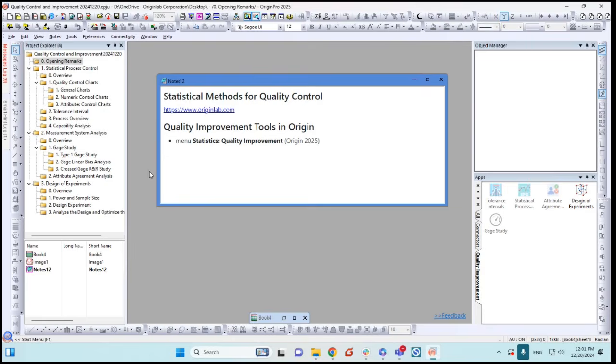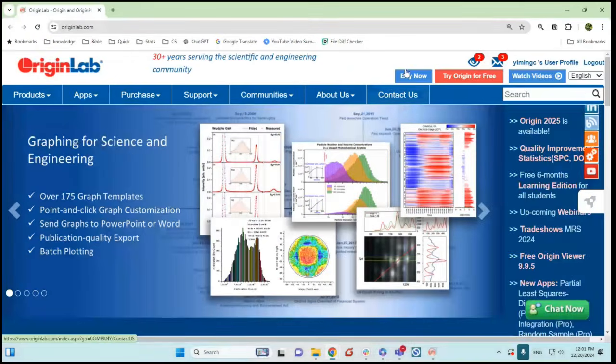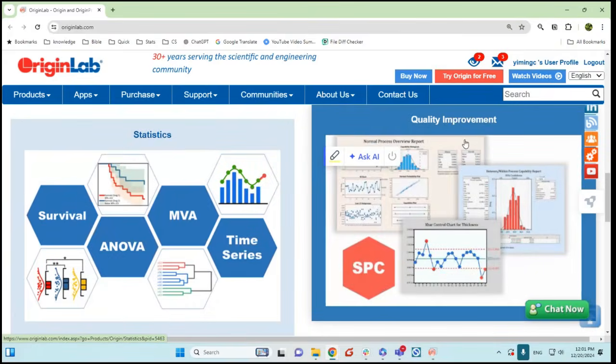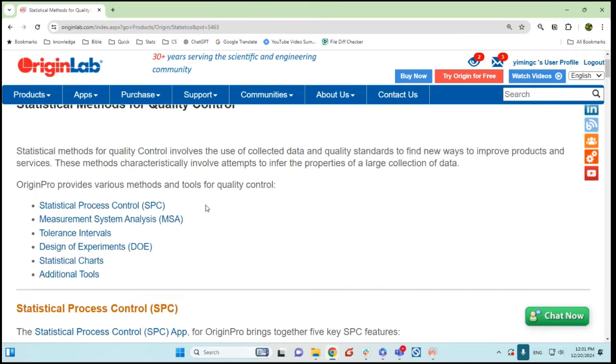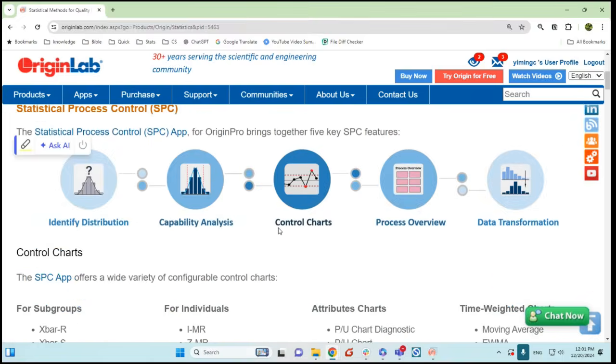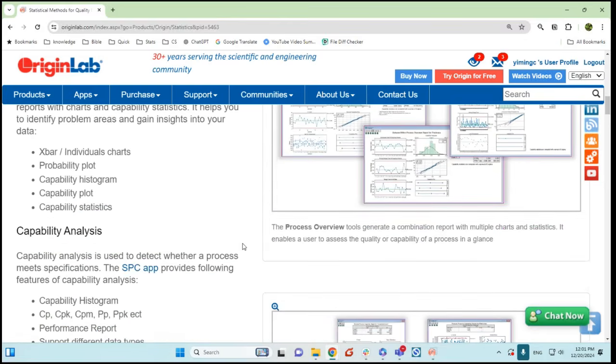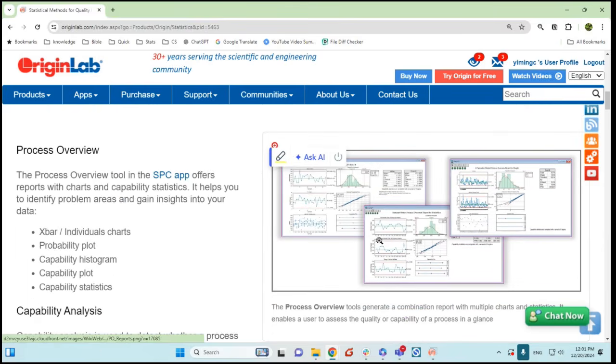Let's get started. So first of all, if you go to our webpage, www.originlab.com, we have a page with this quality improvement statistics. If you go down, you can also find the page link in the quality improvement. It lists all the tools that are supported in Origin in this area. Statistic process control, SPC, multiple different types of control charts, process overview, capability analysis, the nice report sheet, and